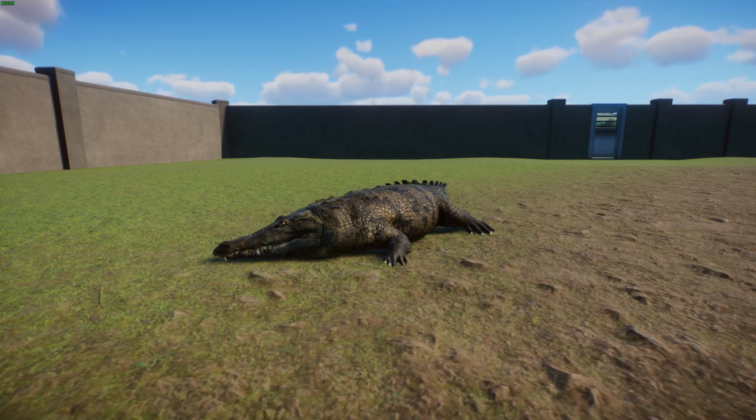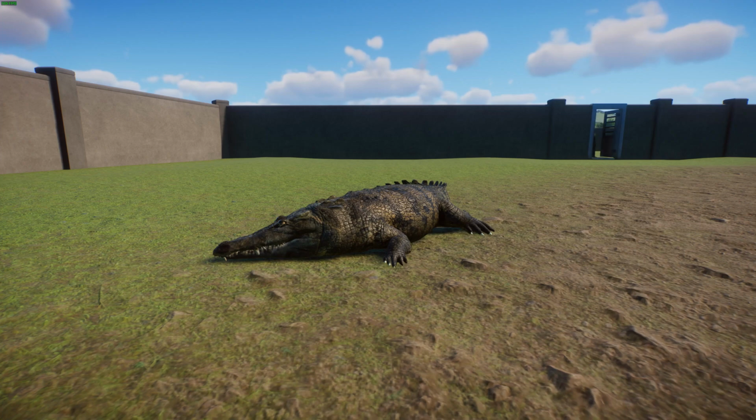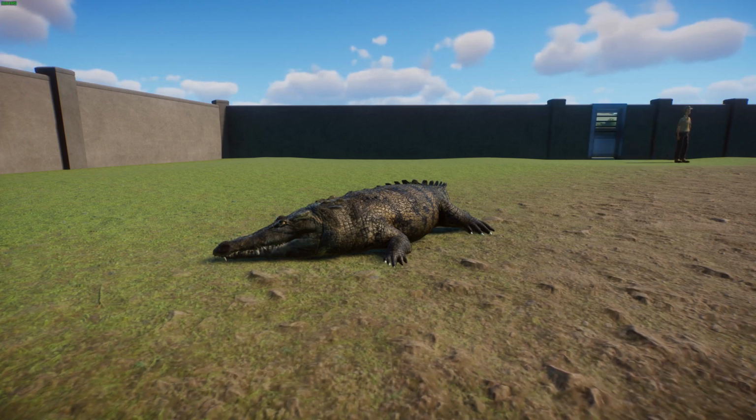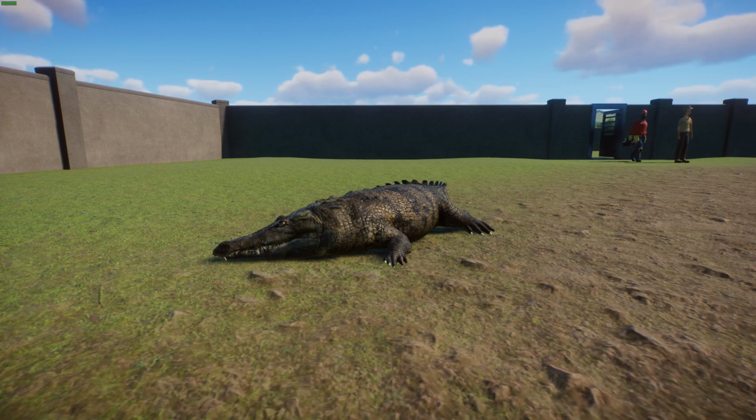their mouths around. Young babies will feed on fish and insects, but as they get bigger and bigger, they'll eat things like small mammals, birds, reptiles, also gastropods, and things like that. They've actually been reported to take on prey such as dogs and goats, and even English sheepdogs. There have been reports of them. They've also been known to kill jaguars and adult tapirs, and also adult cattle, so that's some of the things they know. And they've also been reported to be cannibalistic to each other, so they will eat each